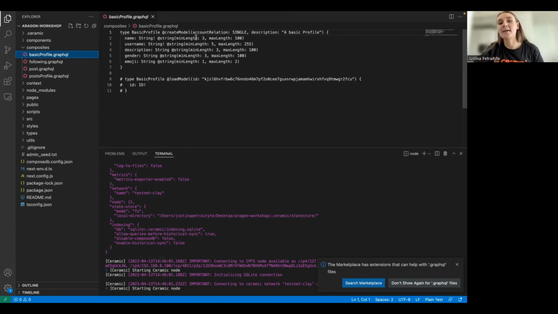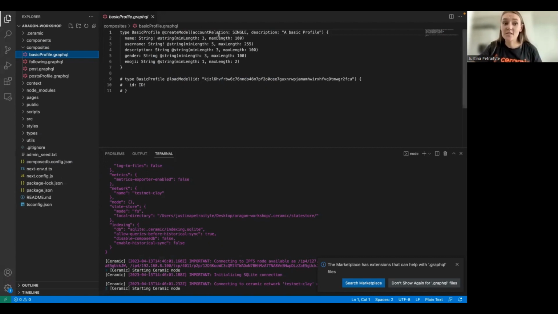Then you have to provide an account relation type, and there are two account relation types. One of them is single, which means that one account, for example one Ethereum wallet, can have only one basic user profile associated with it.